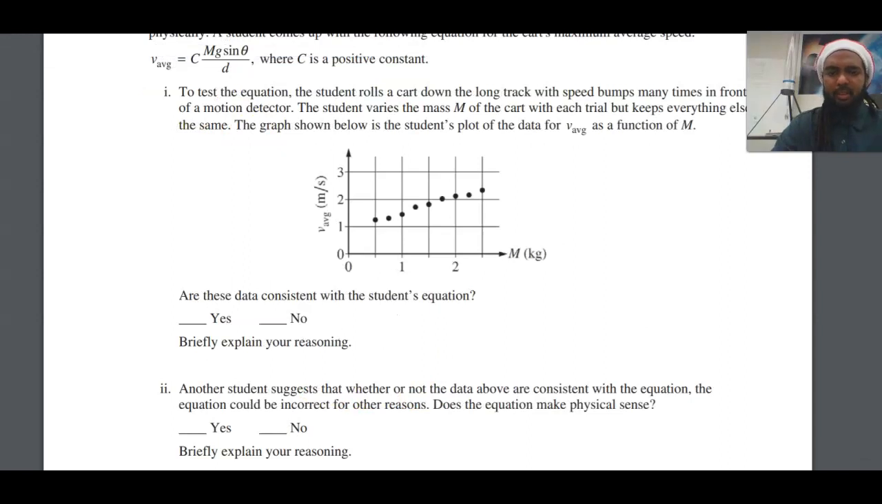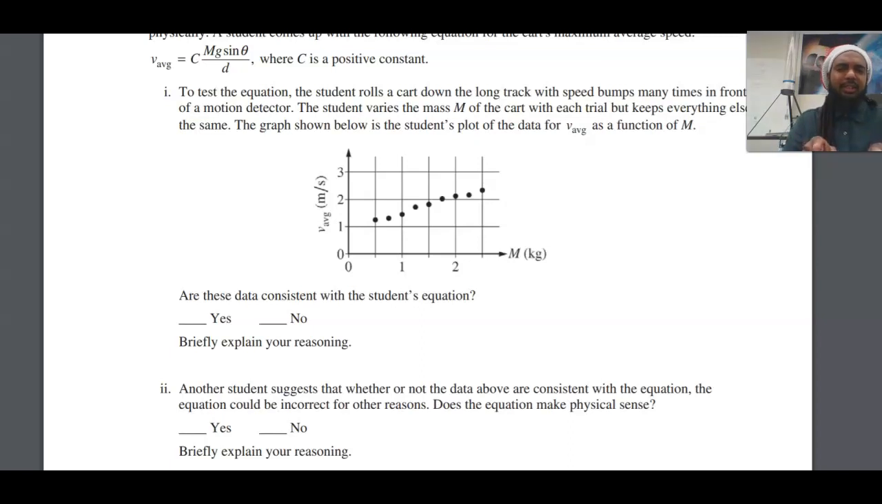In the next part, they tell us that another student suggests that the equation may not make sense for other reasons. So let's look at the equation. So ignoring the M for a while, because we're not sure how it should vary with M, V average is proportional to g sine theta. So that means that if you have a bigger value of g, you'll have a bigger average velocity. Makes sense. More gravity will pull it down faster. If you have a bigger sine theta, which means you have a steeper angle, you should have a bigger V average. That makes sense. But over D, that says that V average is inversely proportional to the distance between the